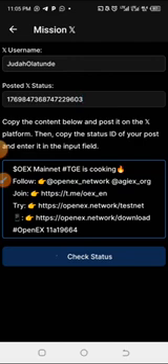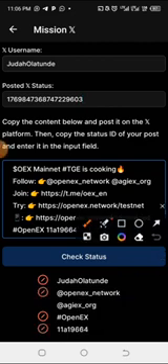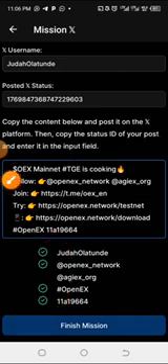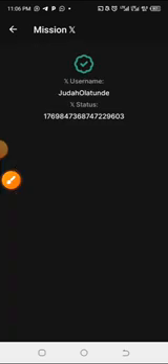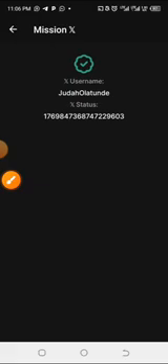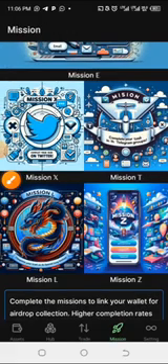verify. You may need to wait for some time, but then you will see the whole of this would be marked, and then you will see a successful message. You can see them already marking them in green, and then they are all green. So click on finish mission since they are all green, which means that is successful, just as you can see here. Okay, so now you just click on the back arrow to go back at the top left,